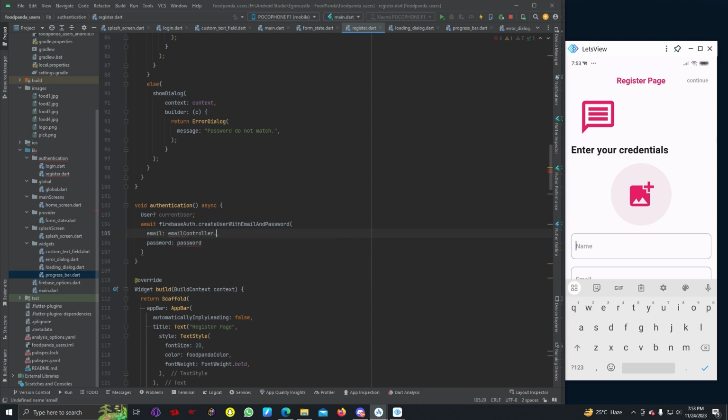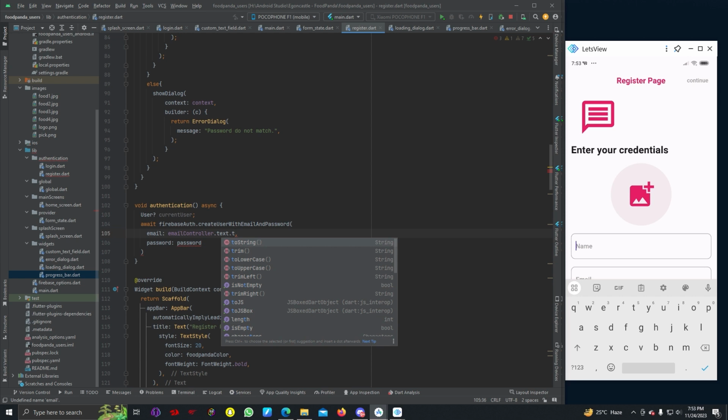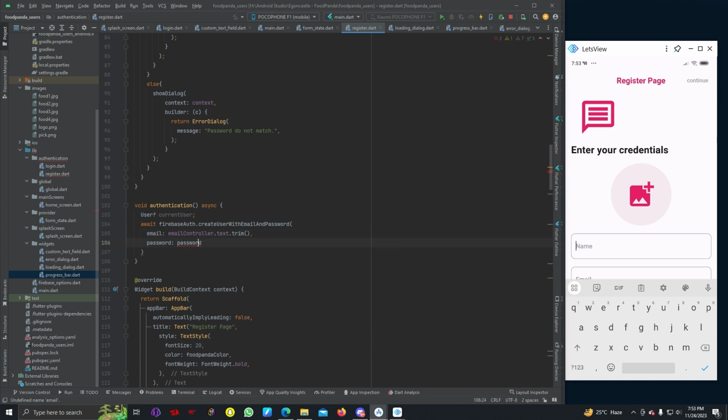Email controller dot text dot trim and password controller dot text dot trim dot then